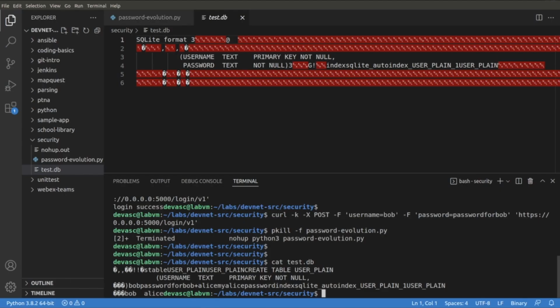All right, part 5 here. Instead of storing passwords in plain text, we can hash them when they are created. So when the password is hashed, it is converted into unreadable text. This prevents anyone from converting it back to its correct plain text version. Even if the database is stolen, it cannot be used because the hash is not known. So we're now going to modify the password evolution file